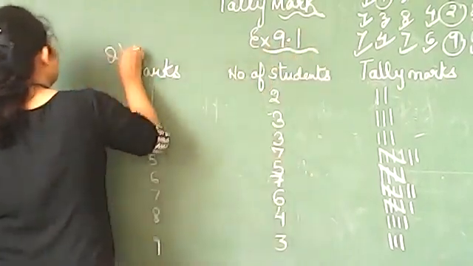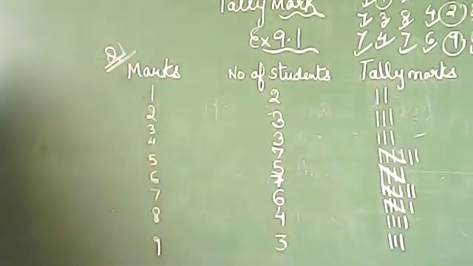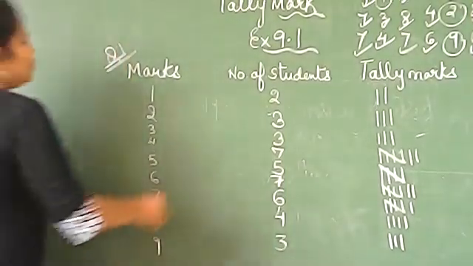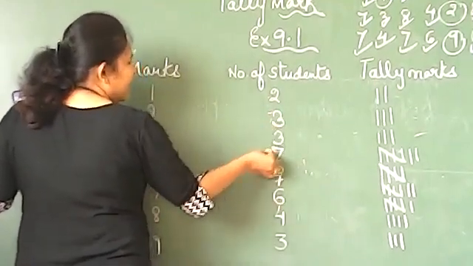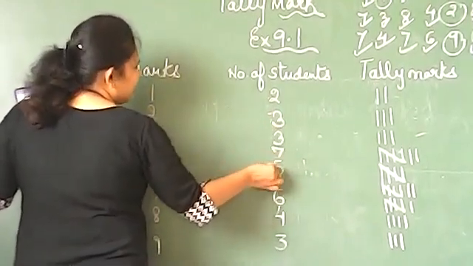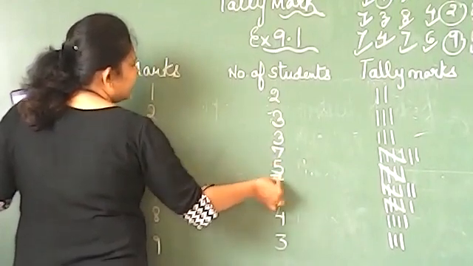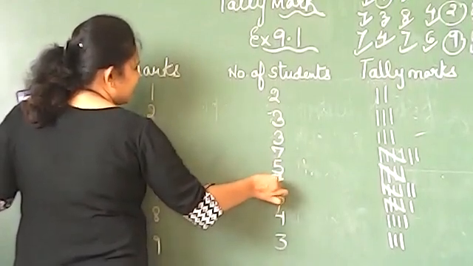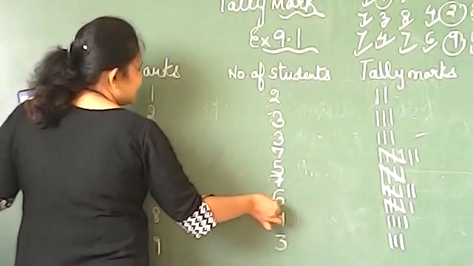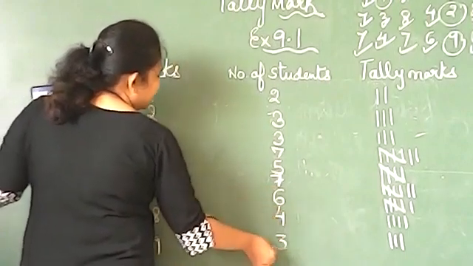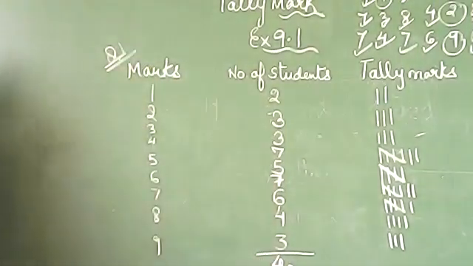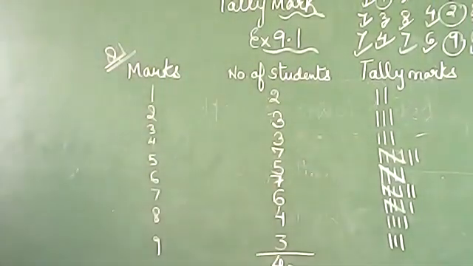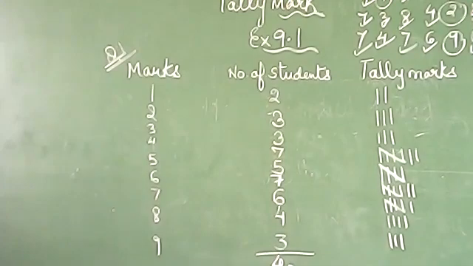This is question number 1. Now let's do it one thing. 2 plus 3, 5. 5 plus 3, 8. 8 plus 7, 15. 15 and 5, 20. 20 and 7, 27. 27 and 6, 33. 33 and 7, 40. Now you can see, it was already given in your book that you have total